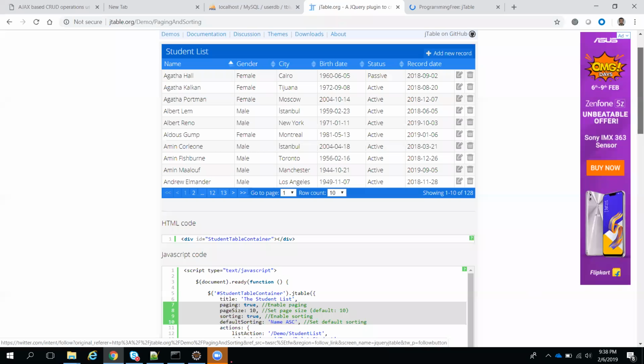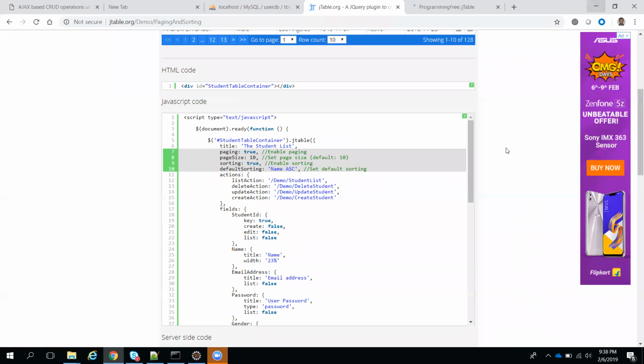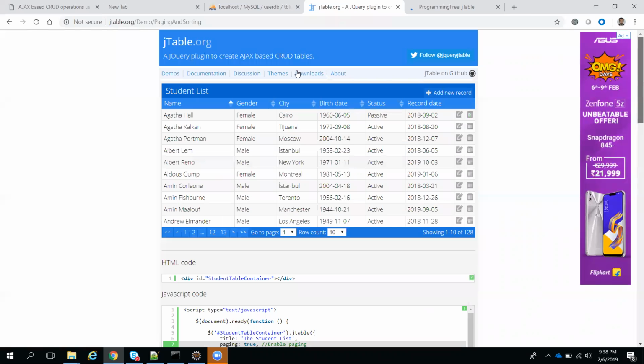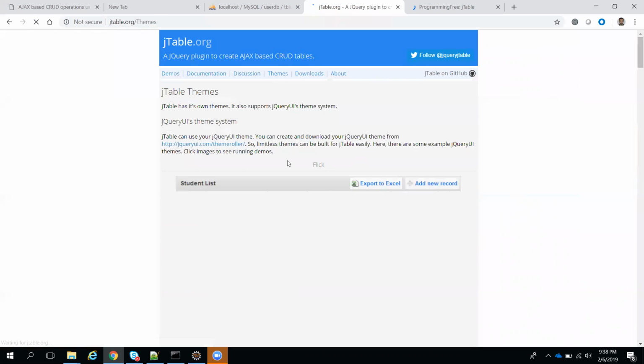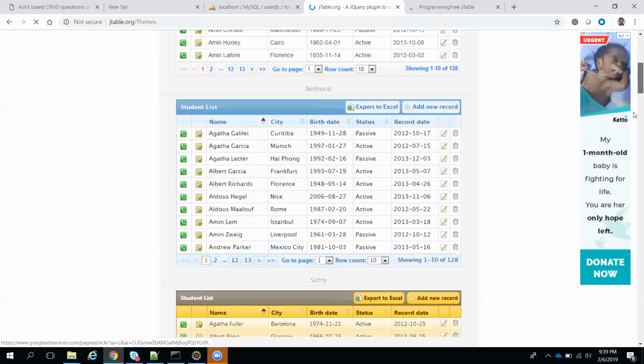The theme comes based on the CSS you included. See here, I'm using crimson. There is different color-related CSS we can use, and according to that it will change the look and feel. Based on the CSS, you can download whichever theme you want, then that coloring will be modified. That is predefined, you can just download. If you see here, there are themes, different themes you can get. See, there are different kinds of themes. At present what we are showing is crimson.